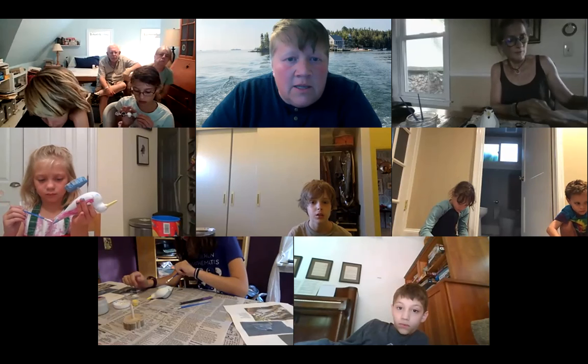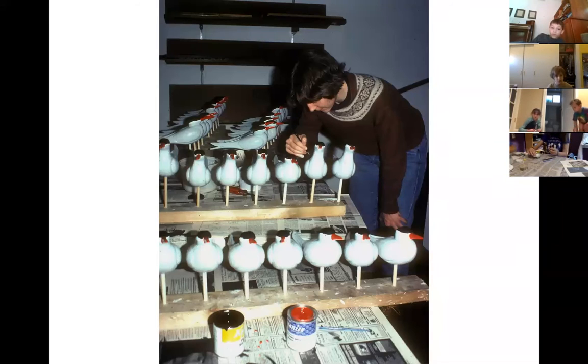I'm going to quickly share a couple of photos from our researchers where we have used decoys in the field, so you get a little context. This first photo is our researchers painting lots of decoys. We still hand paint our decoys. The ones that you have today were primed by our Audubon researchers. And then very much like this photo, we will paint them,